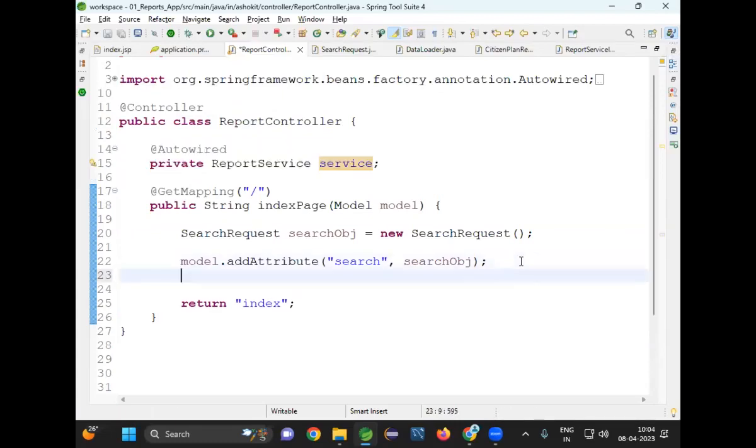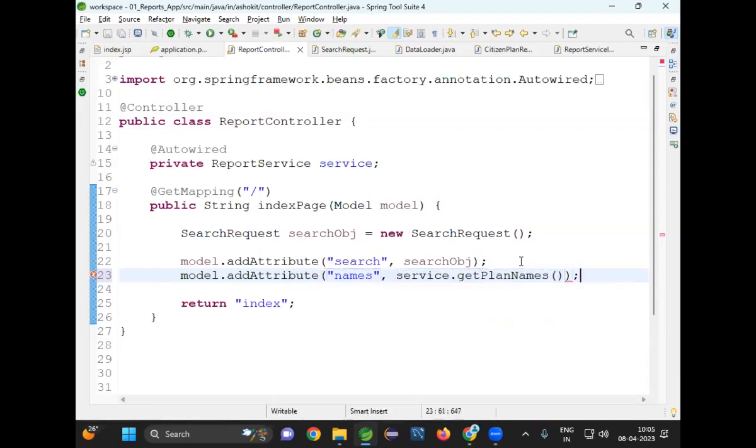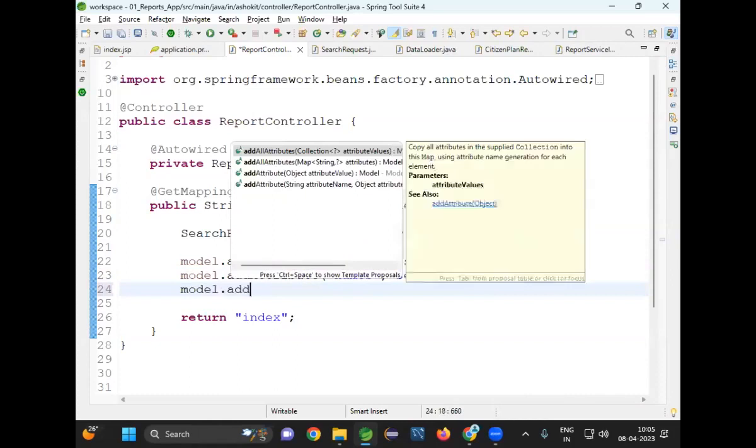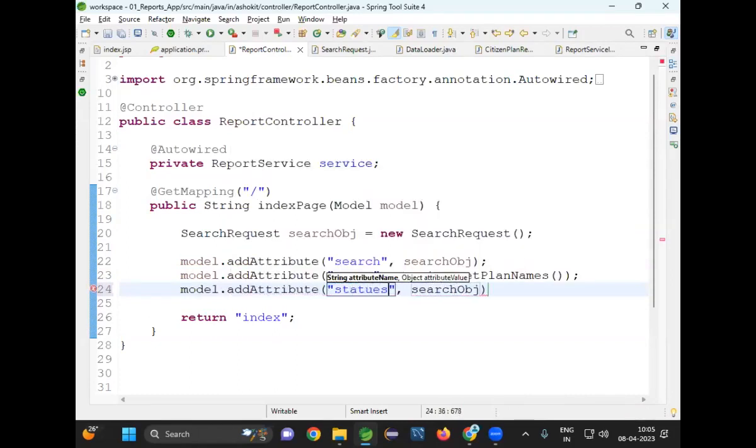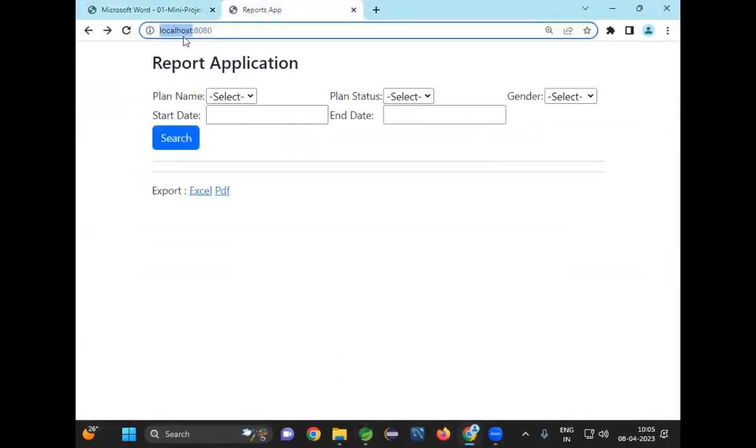Now here let me call model dot add attribute key. I'm going to specify names, the plan names. Where the plan names are available? Service dot get plan names. Okay, and similarly model dot add attribute status. Now let me call this service dot get plan statuses. That's it. So with this, whenever you send a request to this URL, that request